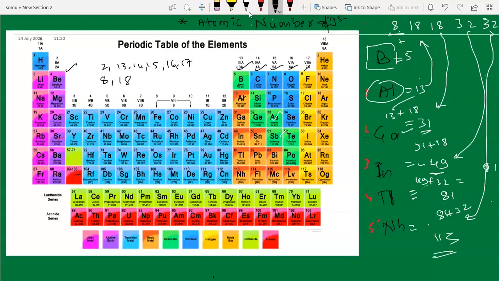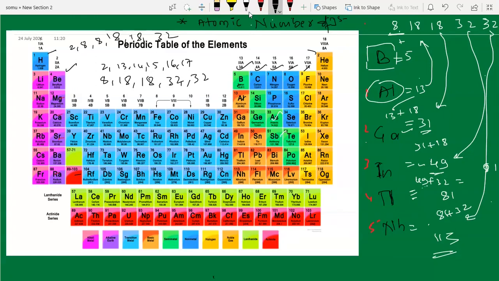Double 8 I told you, remove it. 8, 18, 18, 32 and 32 is the code which is going to apply. For first and 18th, the code is 2, 8, 8, 18, 18, only 32. Okay, that much is enough.